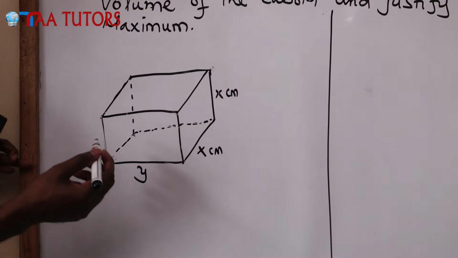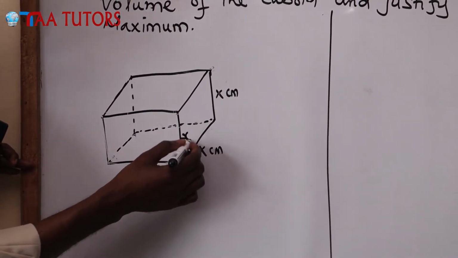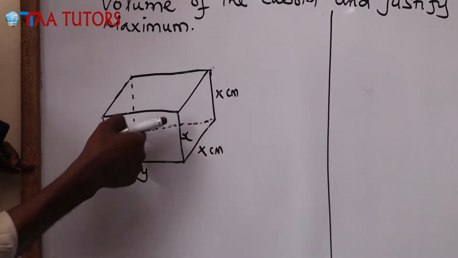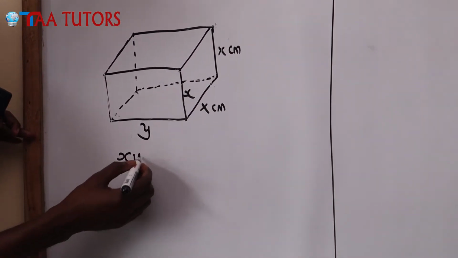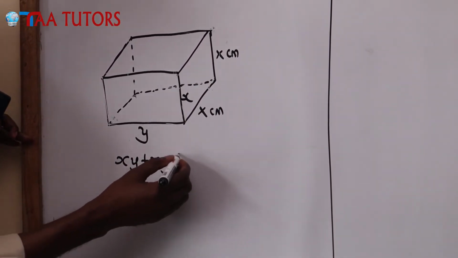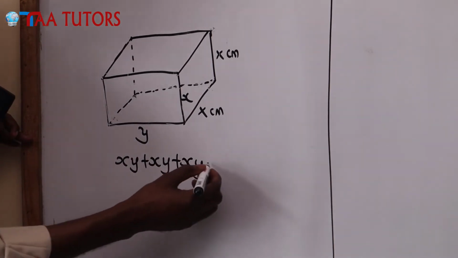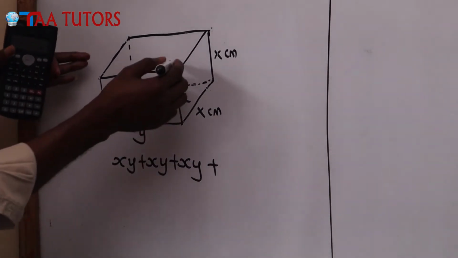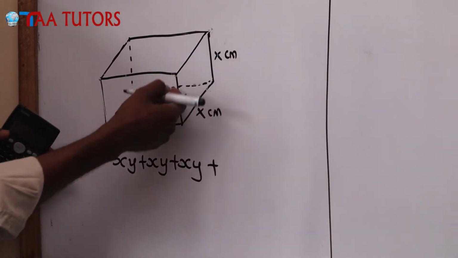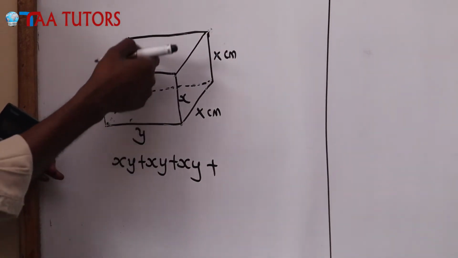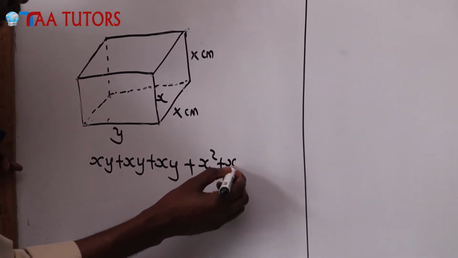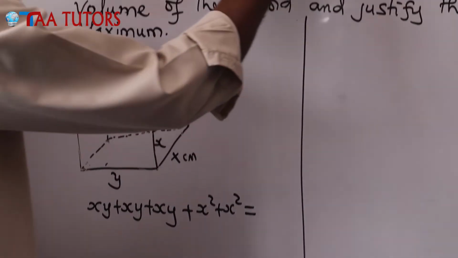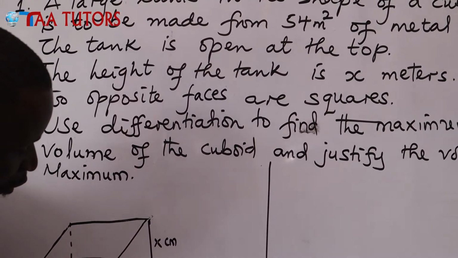So I can say the first one xy here, this other one is xy, this is also xy. So I'll say xy plus xy plus xy, that is the three rectangular faces. Now there are two square faces, x squared and x squared. So I can say plus x squared plus another x squared should give us the surface area, which is 54